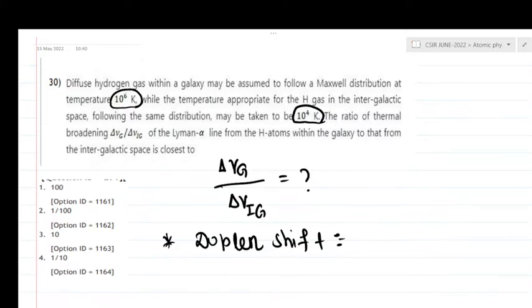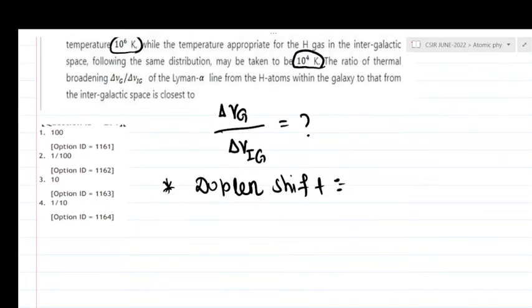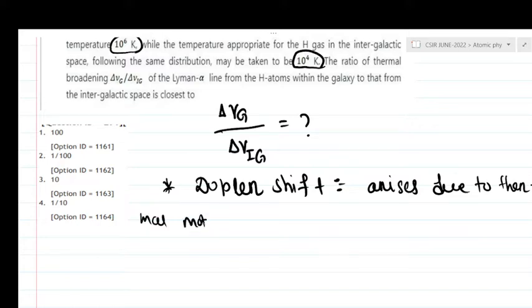Doppler shift arises due to the thermal motion of atoms. Let me write. Doppler shift arises due to thermal motion of atoms, in which